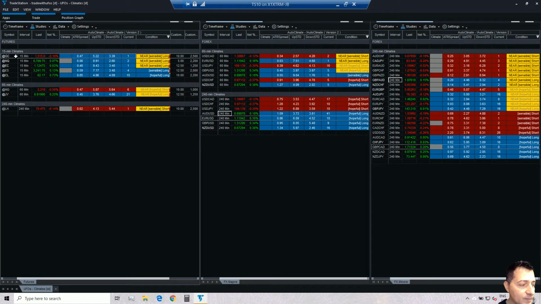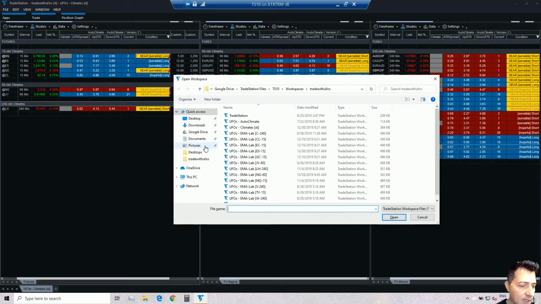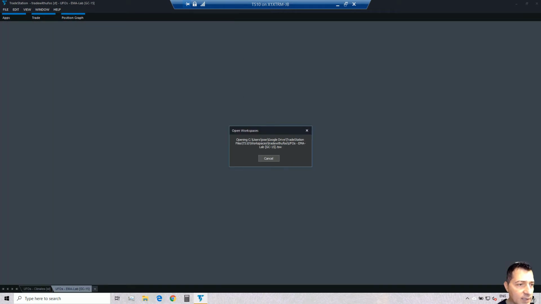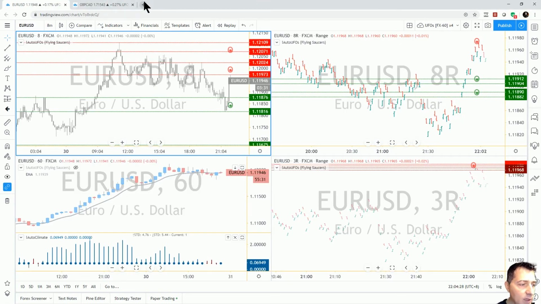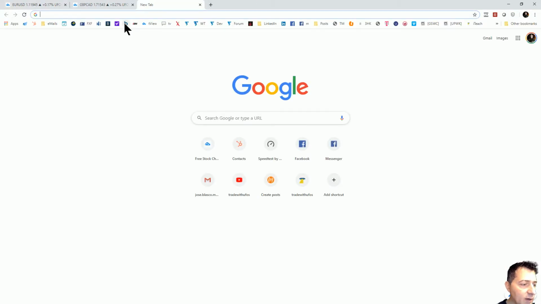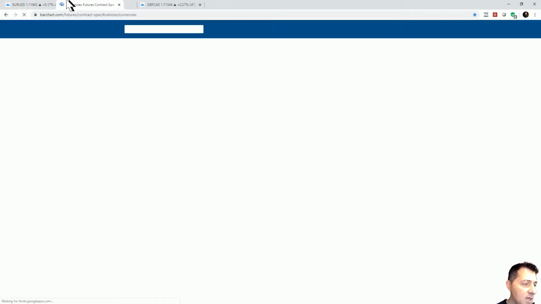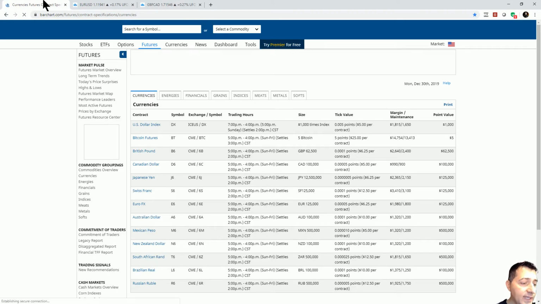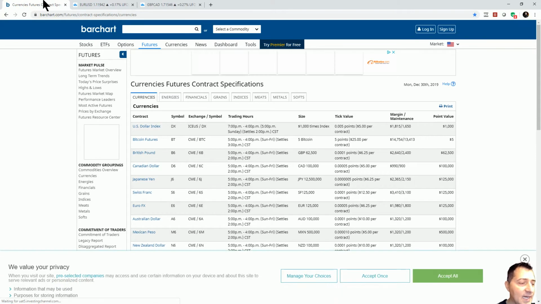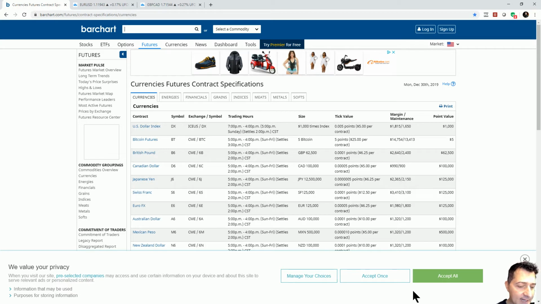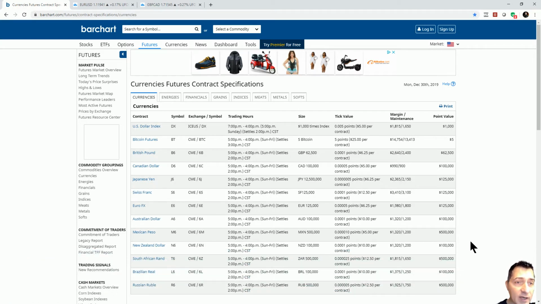Okay, gold. So when you see a gold signal like that, what do we do? We go ahead and we open the corresponding workspace, which is the GC contract. Now, one thing we need to do as well, especially I always talk about it because it is relevant, guys, when dealing with markets that have expiration dates that happen quite often, such as commodities, energies, metals.